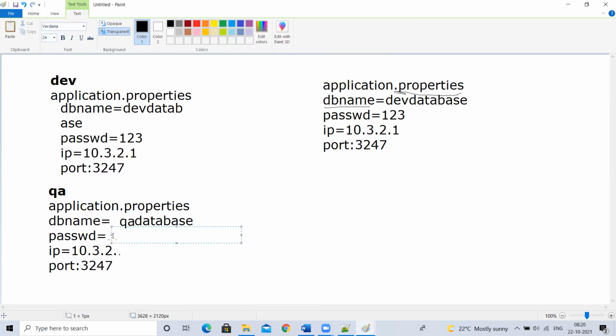QA database password 456, something like this.